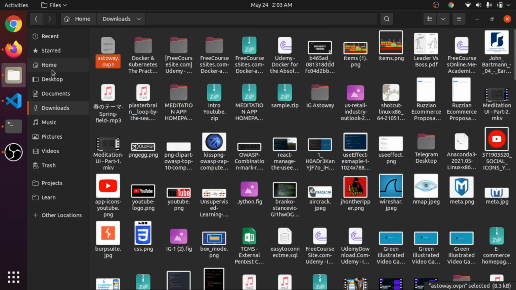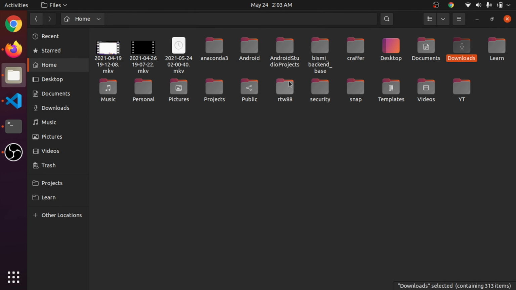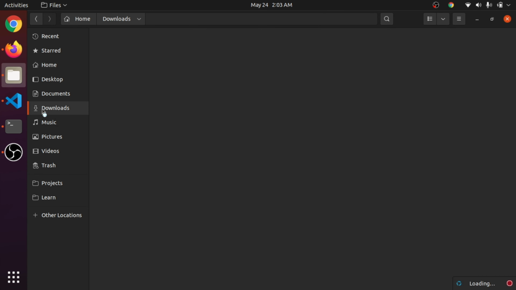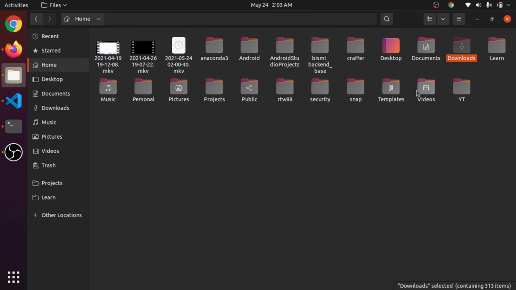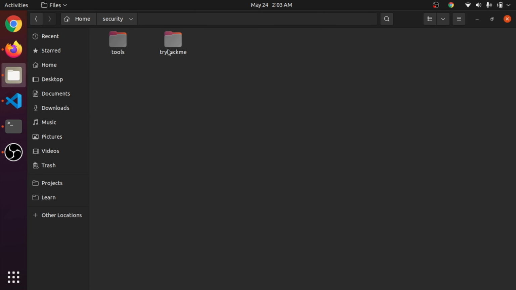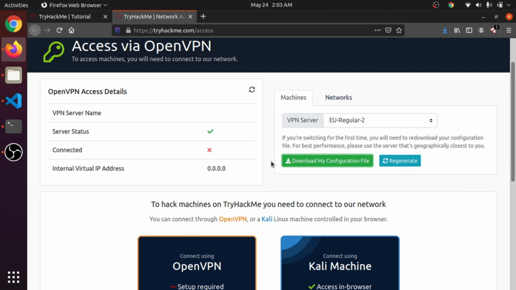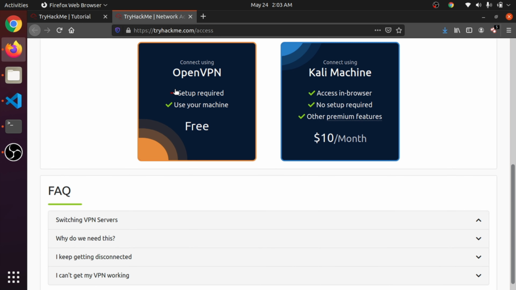Then I'm copying the file to one of my folders. Two options are there. From here we are going to choose the free option, because now we are not paying any money.